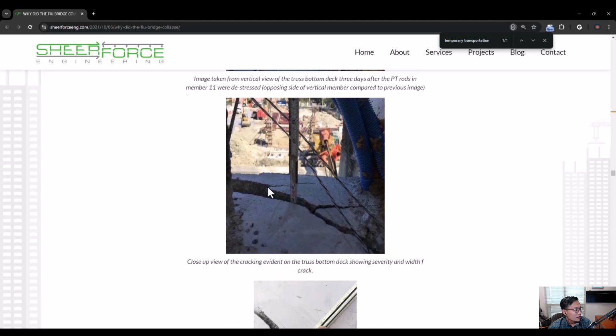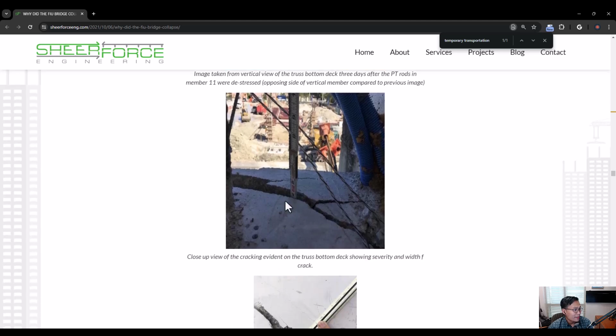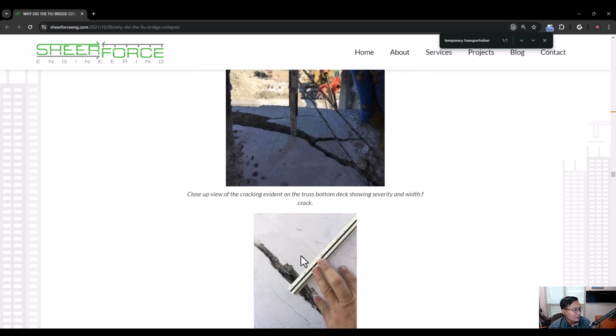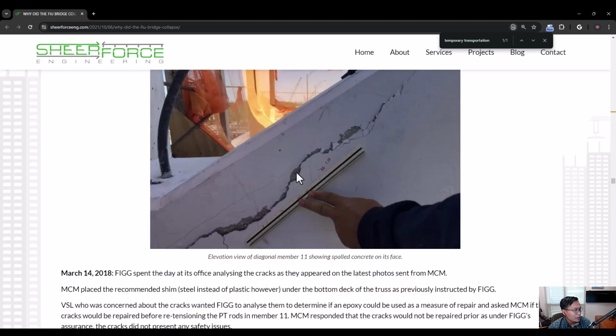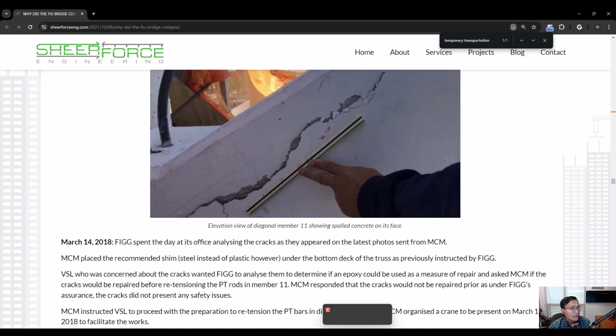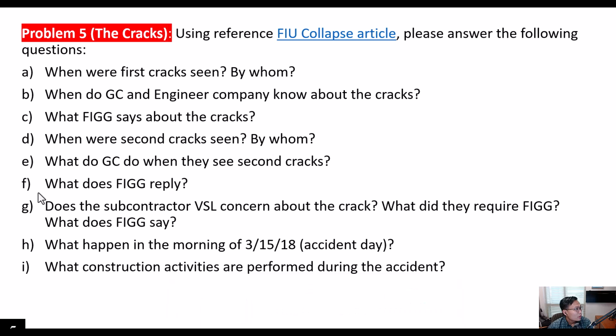So you see a lot of crack, and this one is very big. You see that one is very serious. You see that a big crack over here, a lot of crack. Next one,